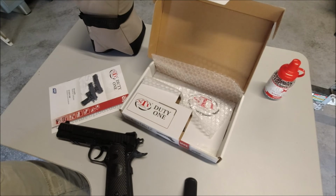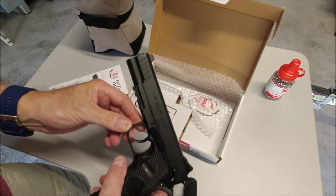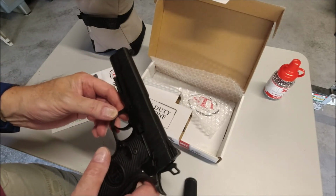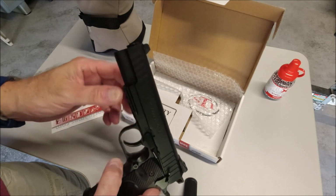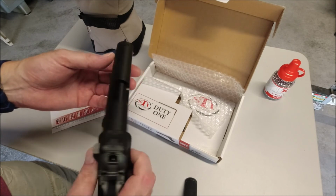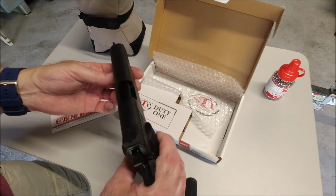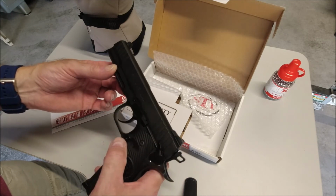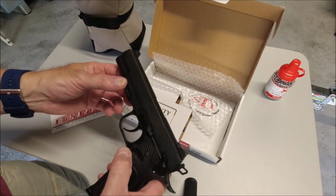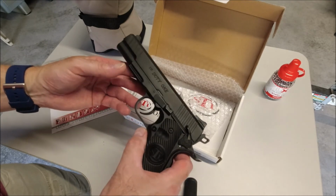Okay, so you just saw that I did fairly well with the fake suppressor that I have for this ASG STI Duty 1, and it kind of improved the sound a little bit. But the reality is it didn't mess too much with the trajectory, so the grouping was still pretty good. I admittedly was a little sloppier. I'm super hot. But anyway, I would say that